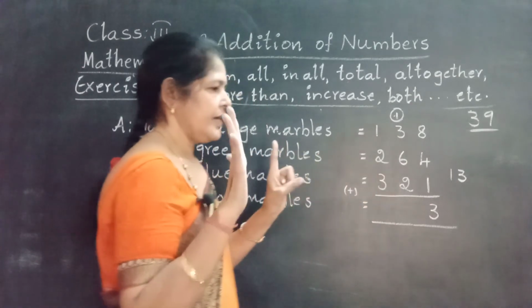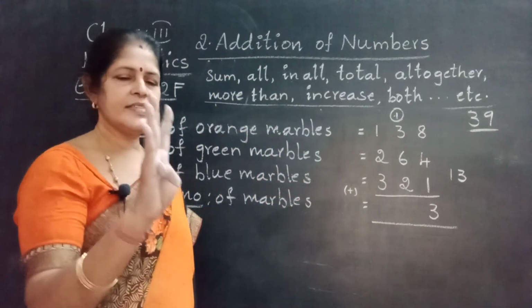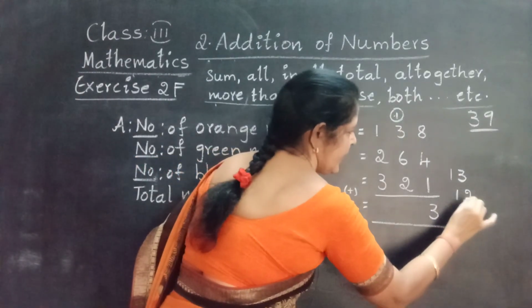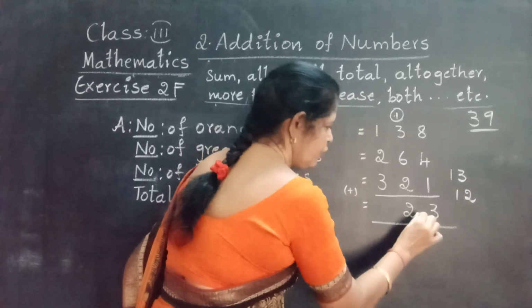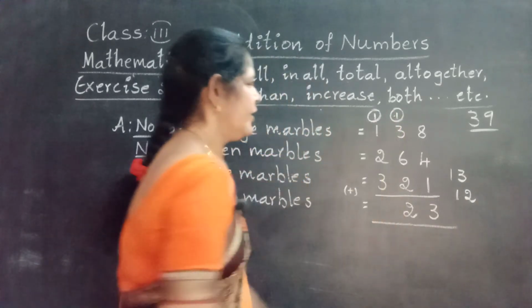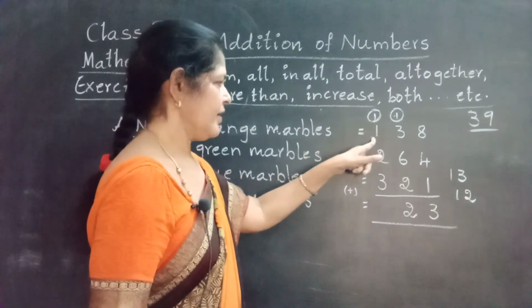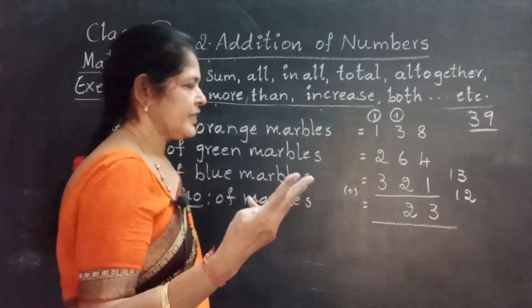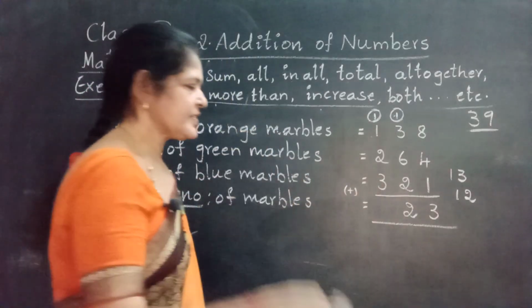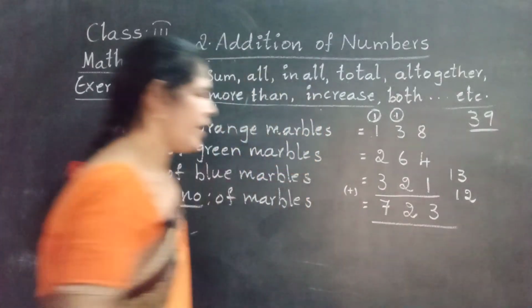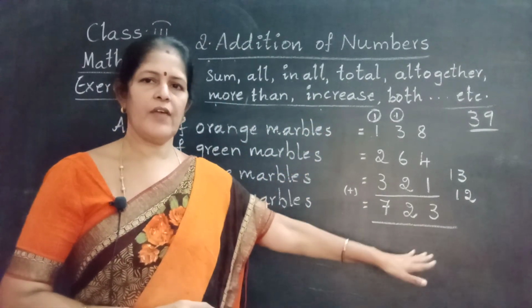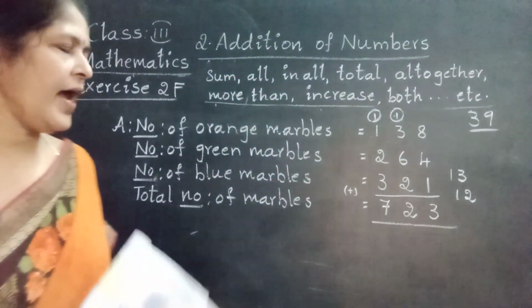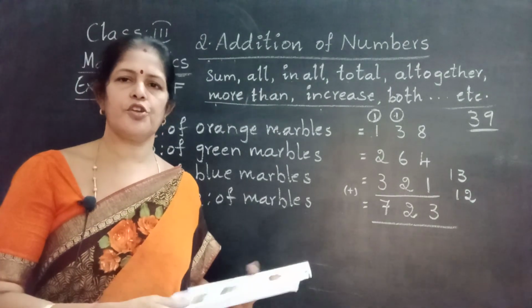3 plus 1, 4. 4 in the mind. Take 6 fingers. 4 after: 5, 6, 7, 8, 9, 10. 10 plus 2, 12. Again a two-digit number. Write 2 here. 1 carry forward. 1 carry number plus 2, 3. Wait: 2 plus 2, 4. 4 in the mind. Take 3 fingers. 4 after: 5, 6, 7. Total number of marbles with Ajay: 723.